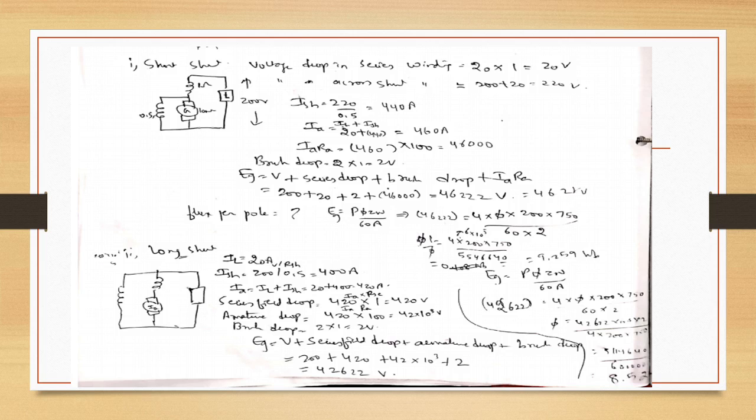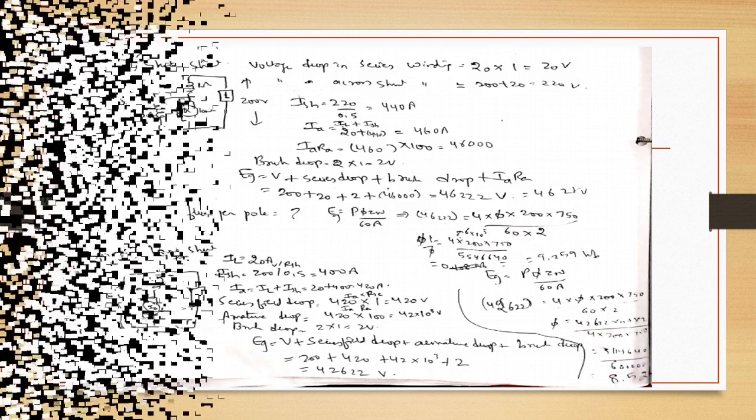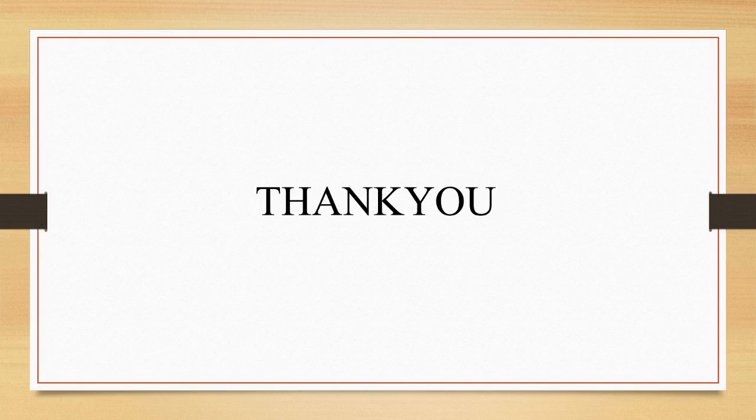So students, what we have seen in today's class is about the types of DC generators. A generator is a machine which converts mechanical energy into electrical energy, and a DC generator will give us DC output or DC voltage. DC generators based on type of excitation are of two types: separately excited and self-excited. Separately excited is the one whose field winding is excited separately through some battery or any other means, and self-excited generator is the one whose field winding is excited by the current of the armature itself.